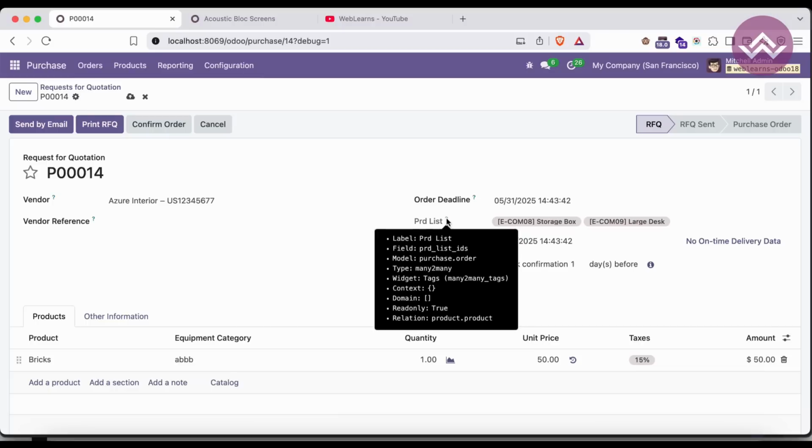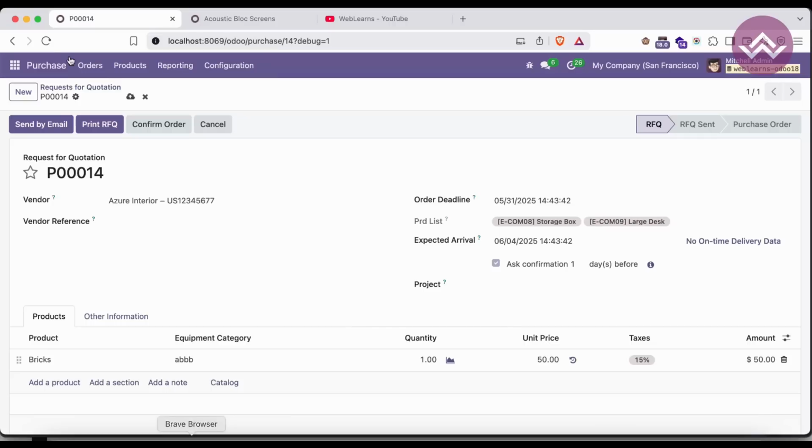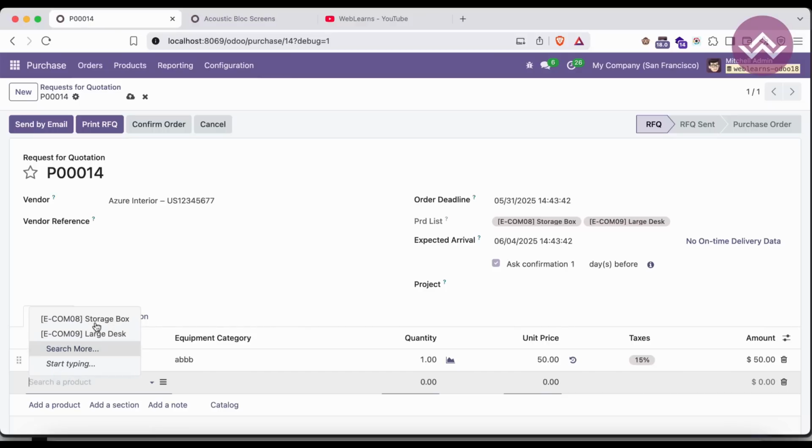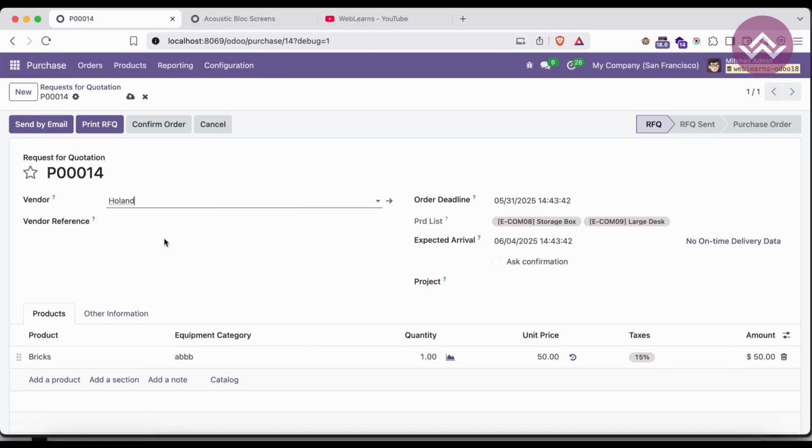Alright, so this PRD list IDs is not working as expected. See, I have made one mistake. Here I have to use attribute. Okay, so that is my mistake. Let me upgrade the module one more time and refresh the screen. And now you can see here. Let's say if I use this Holland,